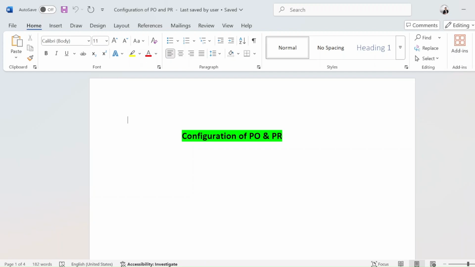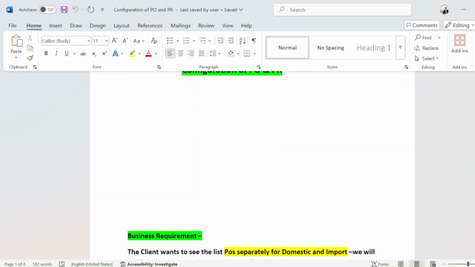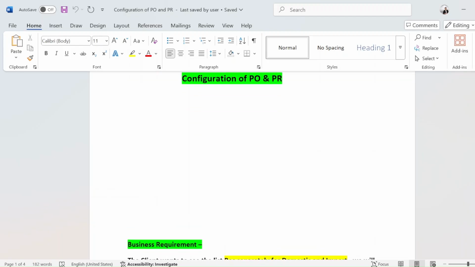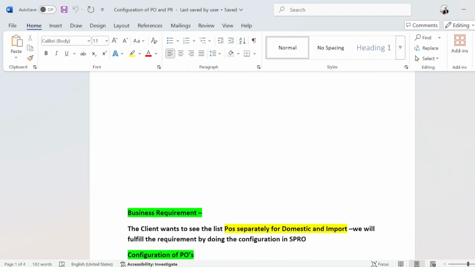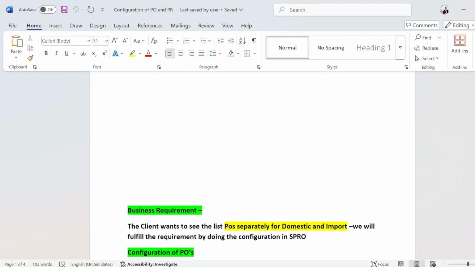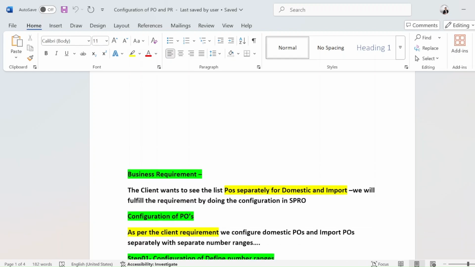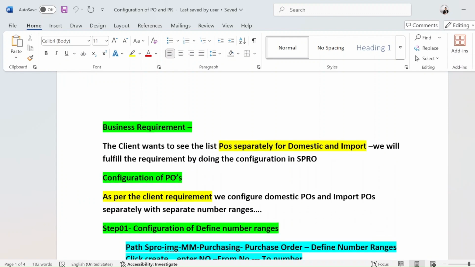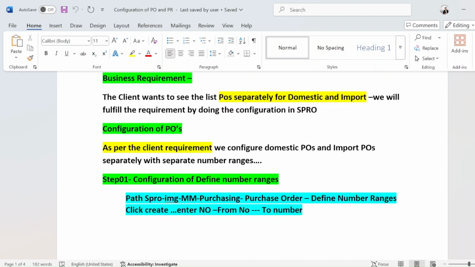So how can we configure that purchase order, and what is the business requirement? If an interviewer asks you what the business requirement is for configuring a PO, you can answer that the client just wants to see the list of POs separately for domestic and import vendors.